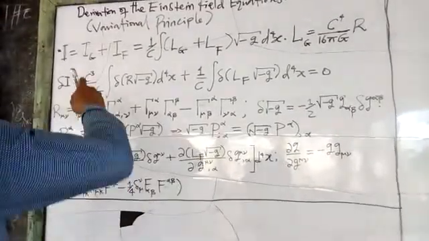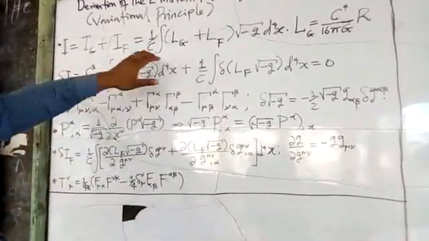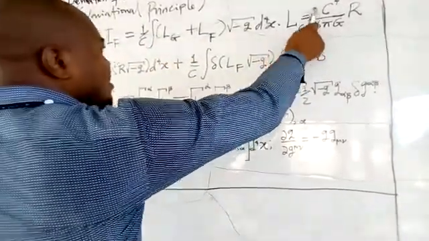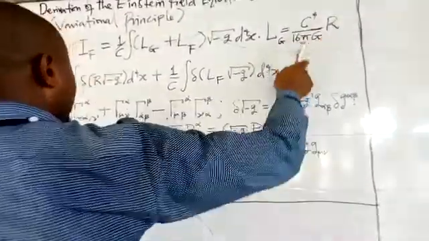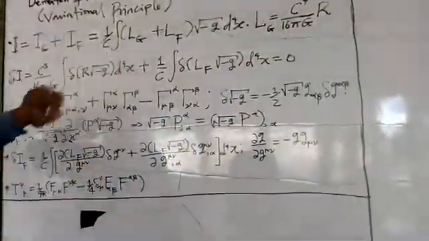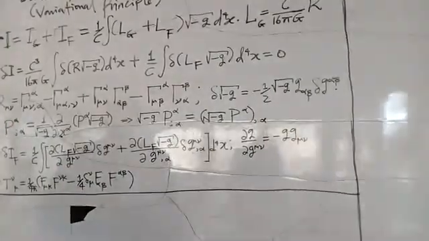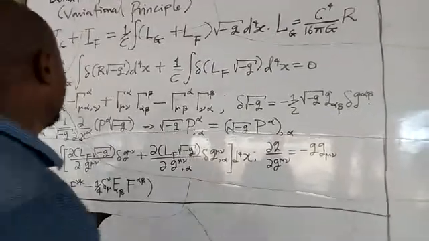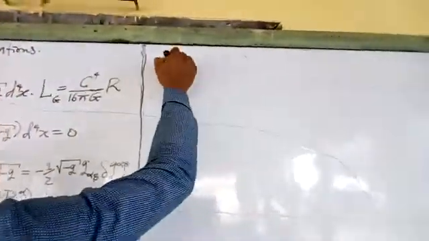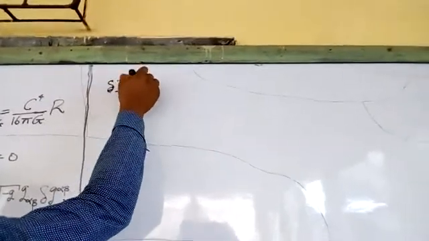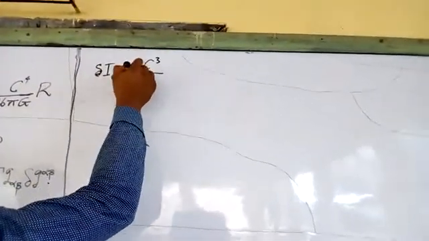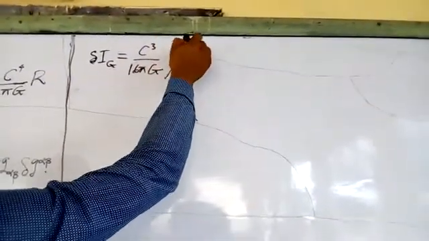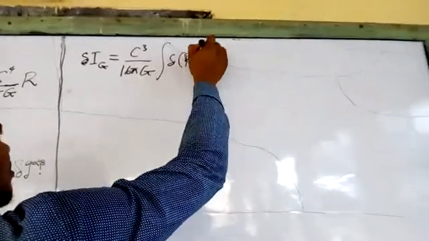Looking at this expression, when you expand it, especially after you substitute this factor here for L sub g and then open the bracket a bit, you have these two integrals. So maybe I should start somewhere here. The variation of I sub g is the same thing as c cubed all over 16 pi G, integral of the variation of R square root of minus g